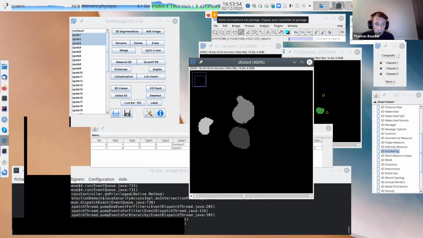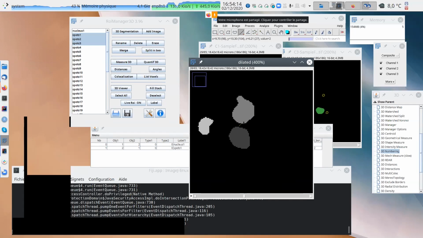Usually we use this border distance to see if the objects are touching. If the border distance is 0, the objects are really touching, or eventually colocalizing if they're coming from 2 different images.